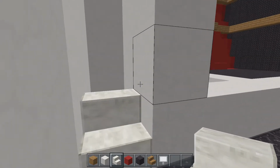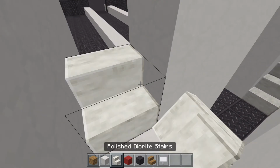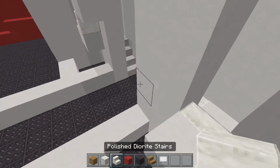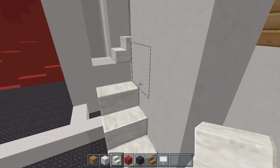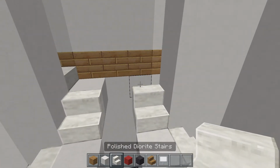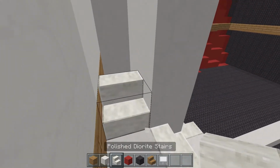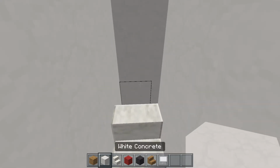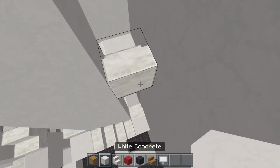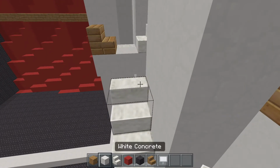So the same again, you start with 2 steps to begin with. And then it's a flat, and then right 1 step, 1 flat, right 2 steps, 1 flat, right 1 step, and then a flat, and then right 2 steps, and then a flat, right 1 step, and then a flat, and then right 2 steps, and then a flat in front of that,